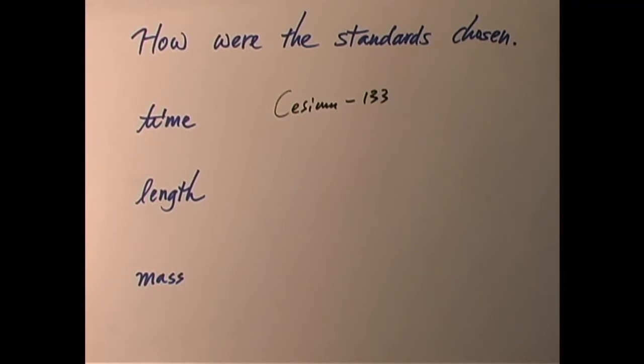And this is a highly accurate definition, and it will never change with time. It's very, very constant. The measurement of time using the atomic clock is the most precise measurement human beings have learned to use. So it's highly, highly accurate. Now, what about length? Well, the standard of length in the SI system,